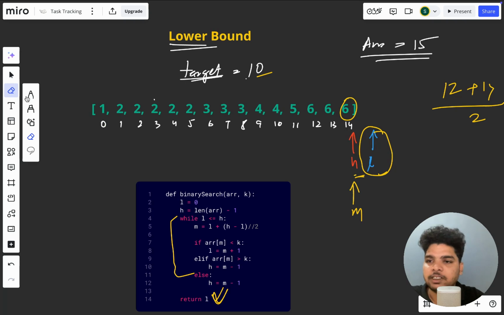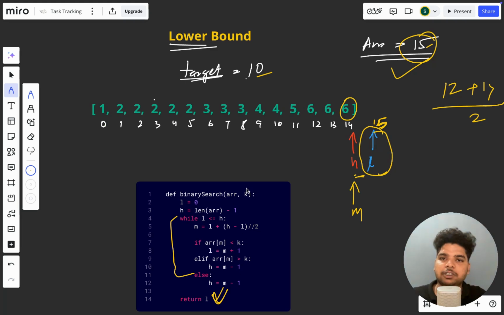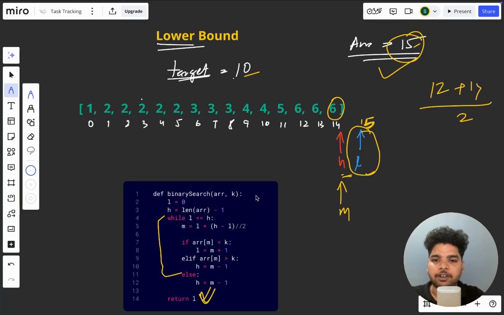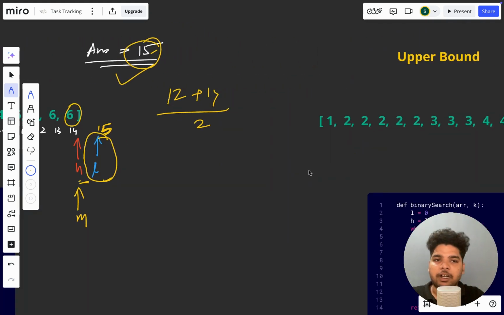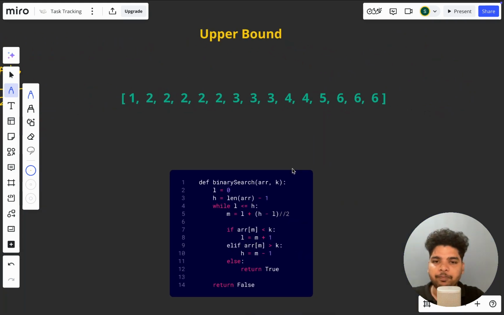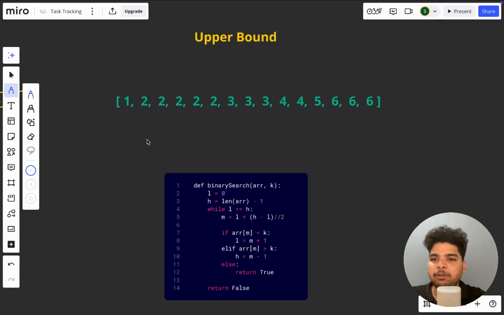So what is 14? Then what is the next element? The next index would be 15, right? That is our answer. So here you can see we got our answer. So this is how lower bound works, right? Now for upper bound, what do we have to do? We have to do the same thing,